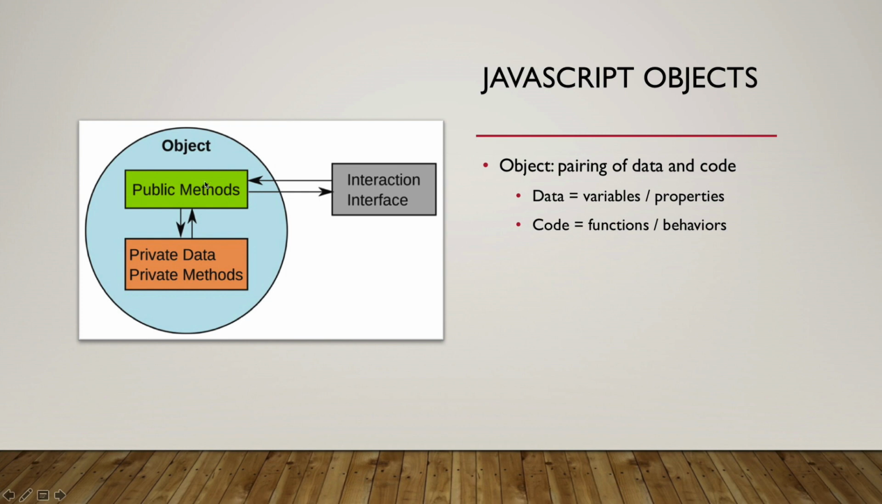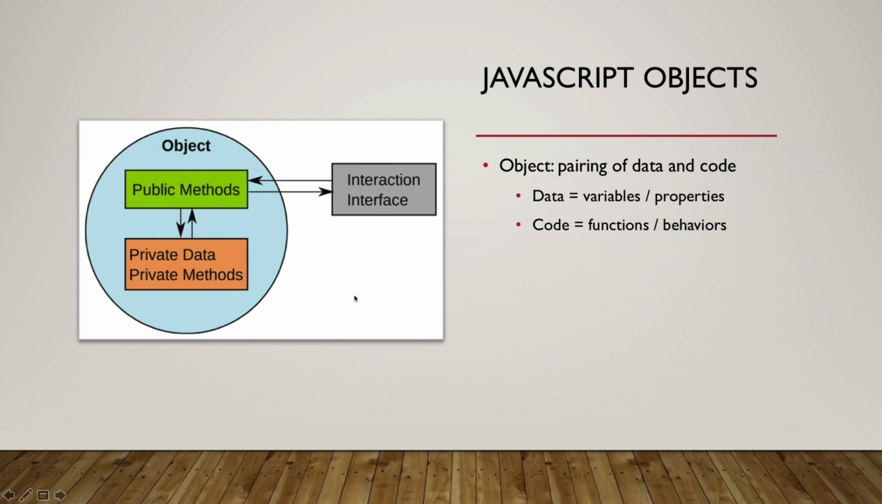Now, the concept of things being public or private and having an interface is something that JavaScript doesn't really fully support, though it can be done with a little bit of trickery. So we're not really going to worry about that so much. All you have to really realize is that it has methods or functions and data, and they're all kept together